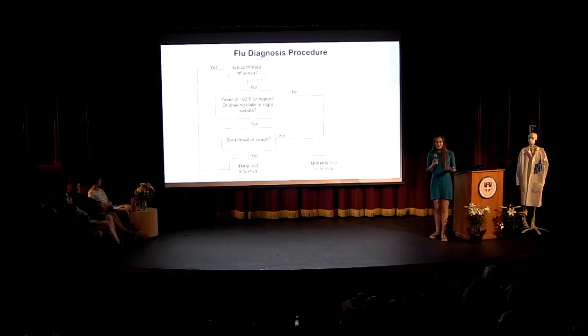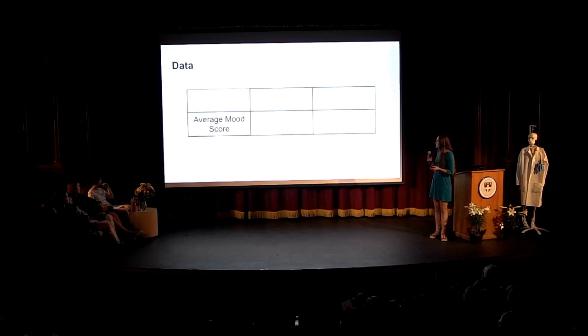So what did I find? Well, here's the average mood score for 2 groups. The first group is the group that did not get the flu. Their average mood score was 15.59. And the average mood score for the group that did get the flu was 8.65. Now you can definitely see that there's a difference between these mood scores. The no flu group is higher than the flu group. But was this difference due to chance?